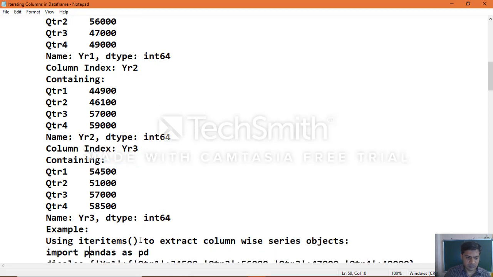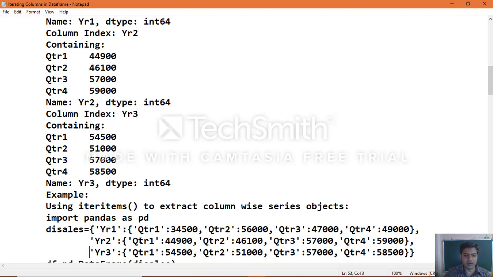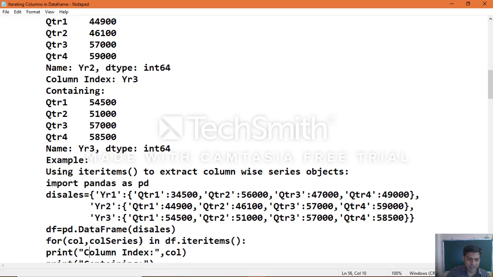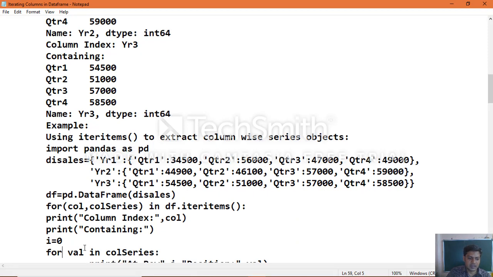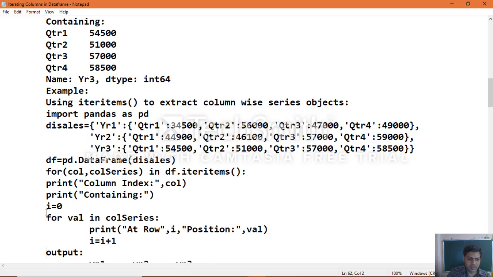Now take it the same way. Now, if you want to access position column wise series objects, that is what we call position, using iteritems to extract column wise series objects. Okay, the same example which you can execute. We can create that dictionary and data frame object, then use the for loop, and here in this for loop you need to change the i value.